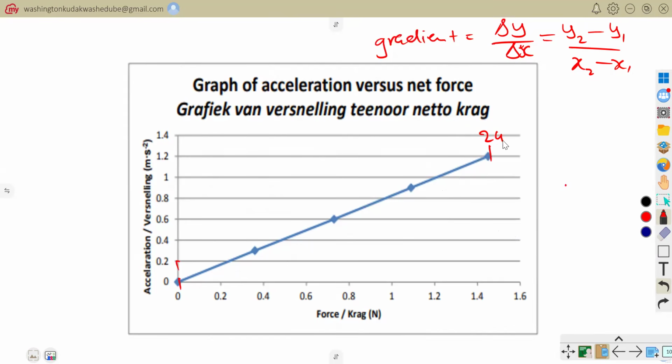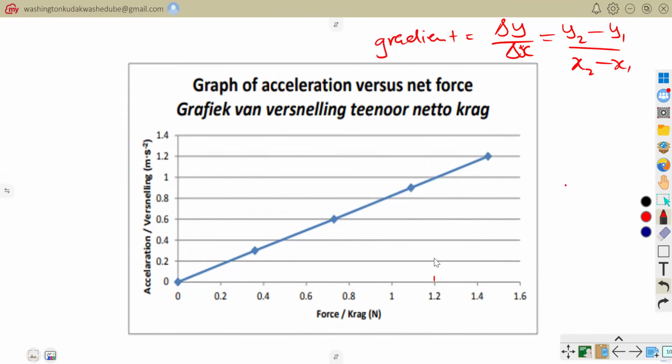So I've got y2, x2, x1 and y1. Or else, since here I don't have the value, I can use two given plots from that graph to say, okay, fine, let me use